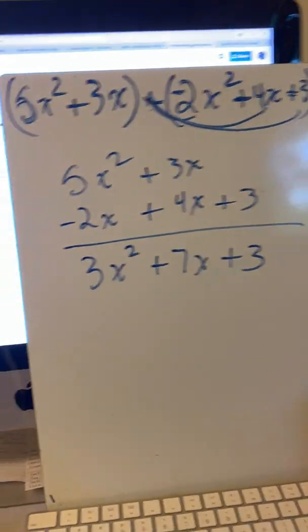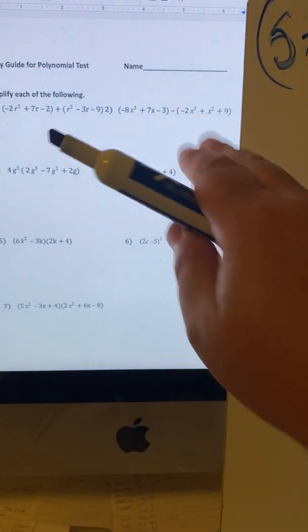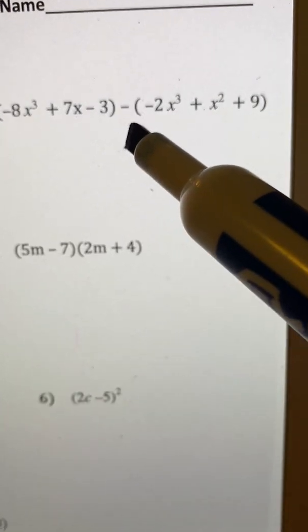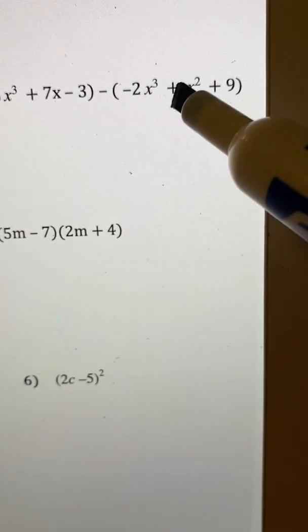Distributing the negative throughout the parentheses, which will work for number 2, distributing the negative throughout those parentheses, we'll change it from 2x to the third, negative x squared, minus 9. Okay, that's the only help I'll give you on number 2. Now,